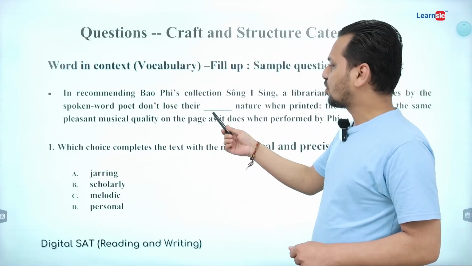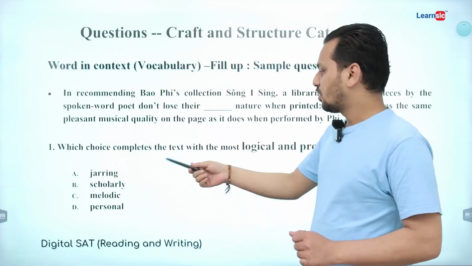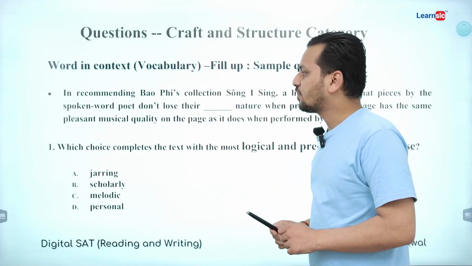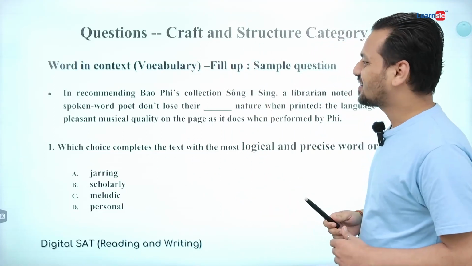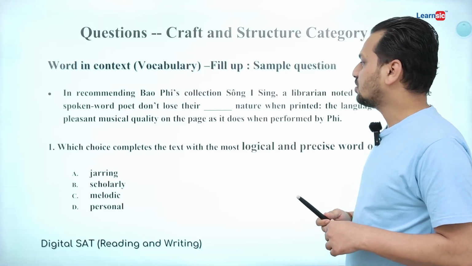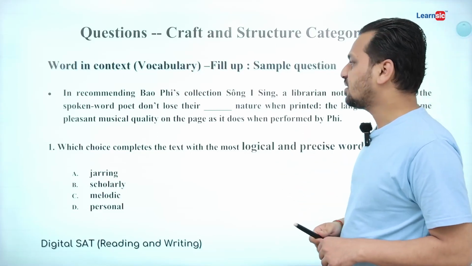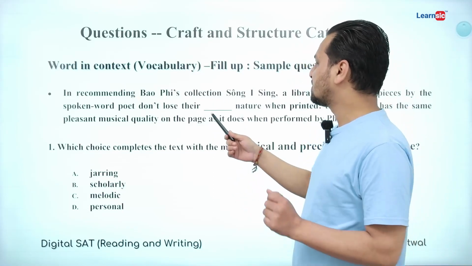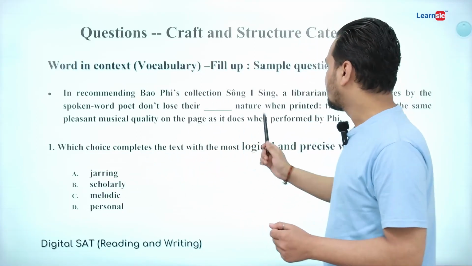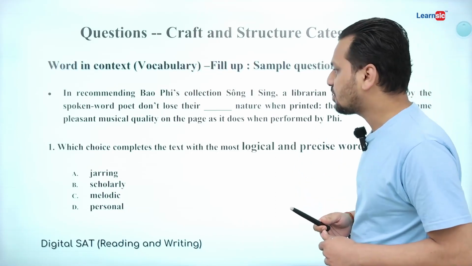So you can see a blank over here, and you need to fill it up by choosing one word from the given options. Now you read the text. The text says, in recommending Bao Fee's collection Song I Sing, a librarian noted that pieces by the spoken word poet don't lose their dash, A, B, C, D, nature when printed, the language that has the same,